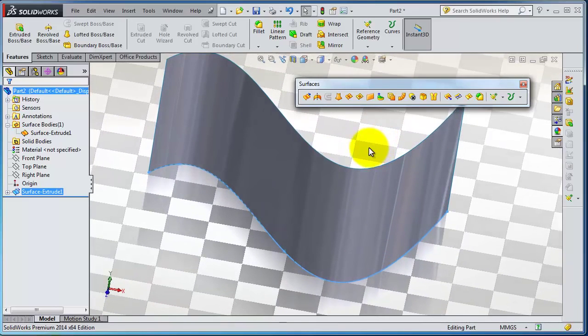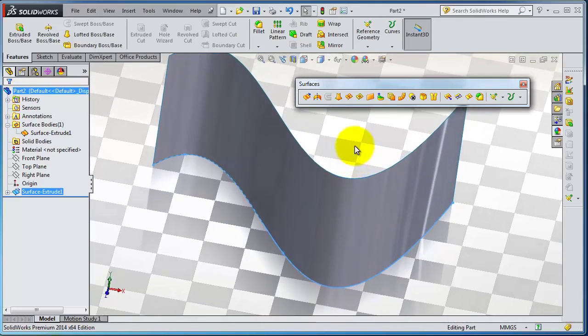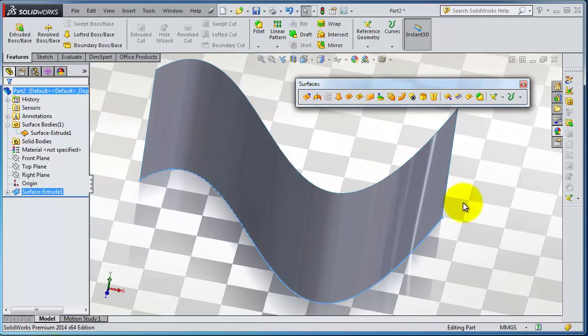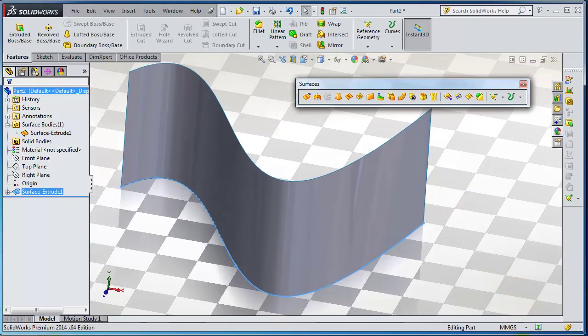So this is the first introduction about surfaces. In the next tutorial we're going to continue talking about the extrude and contours. So see you in the next